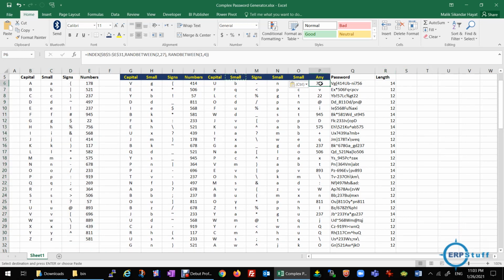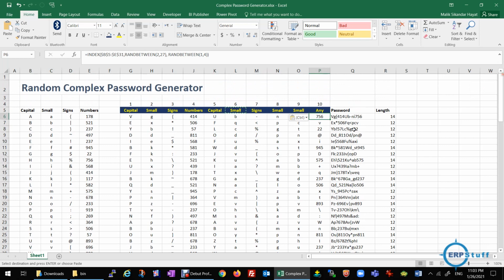If you see here, the logic is a bit different. Instead of using MATCH to get the column number, I used a random column between 1 and 4. So it selects any column randomly and takes a value, and which value? A random value between 2 and 27.